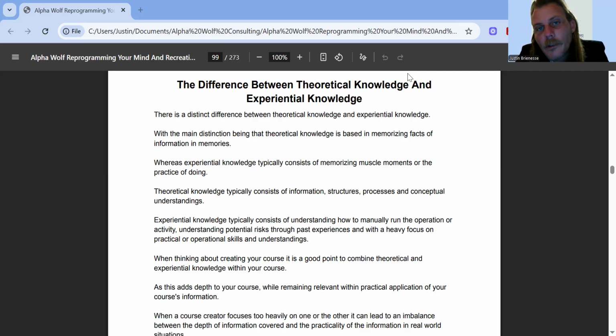So what we want to really understand, when we're understanding the difference between theoretical knowledge and experiential knowledge, is it's just the marriage between how I do it or how to do it, the conceptual understanding. Okay. And we could even say it's theoretical knowledge how to pick up a screw. Do you sort of get it?